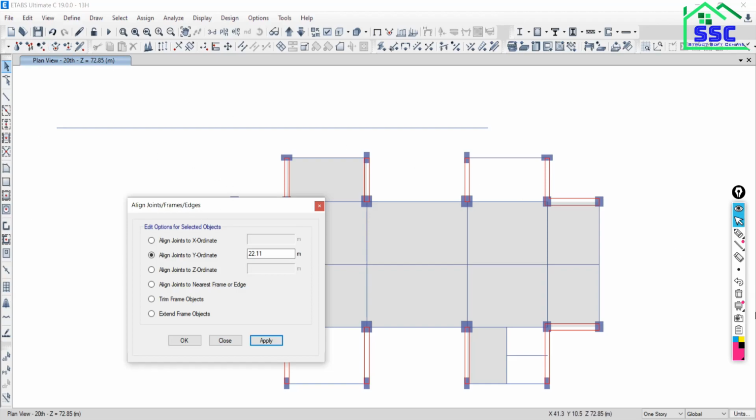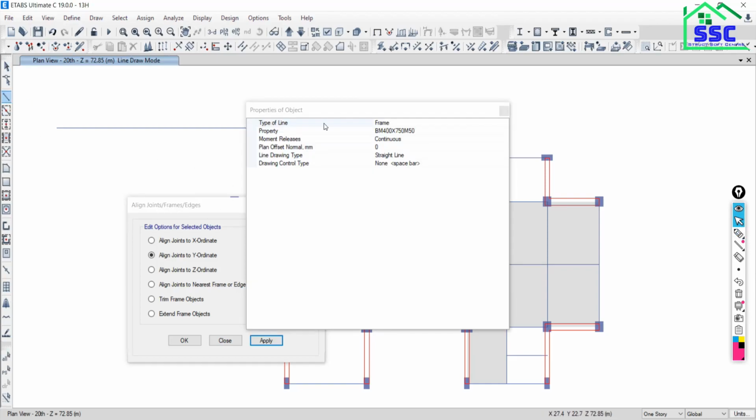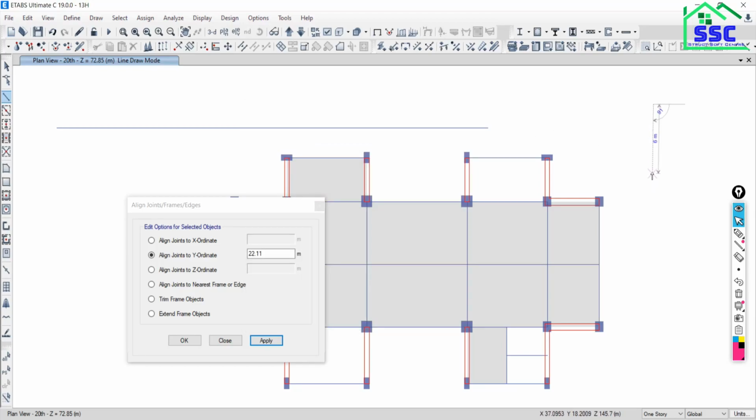Just go back. Suppose the beam is like this, from this point to this. Yeah, from this point to this. Okay, one more thing. Suppose this beam is like this, cross. Okay, and this is like this. So I just want to keep all this line vertical and along the same alignment. Suppose this point is my correct point. So what is the ordinate? Will this be about X or about Y? X. So what is the ordinate?